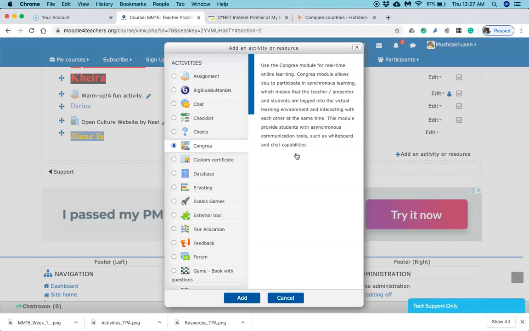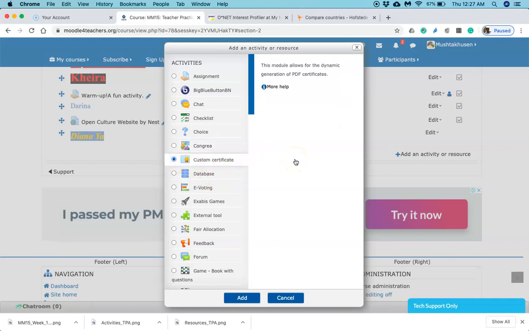So this is how you can create a link for Congrea and add it there, right? Then custom certificate. This module allows dynamic generation of PDF certificates, right? So maybe you can create a template in the beginning, and after that you can just change the name of the participant. So this is how you can create a custom certificate.